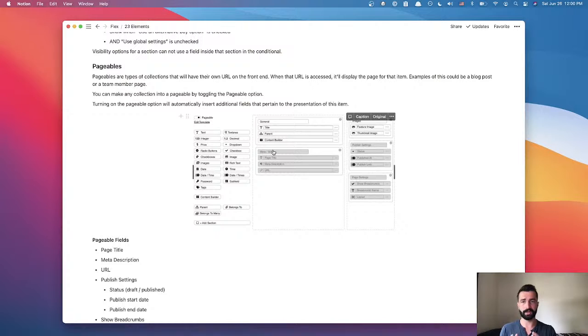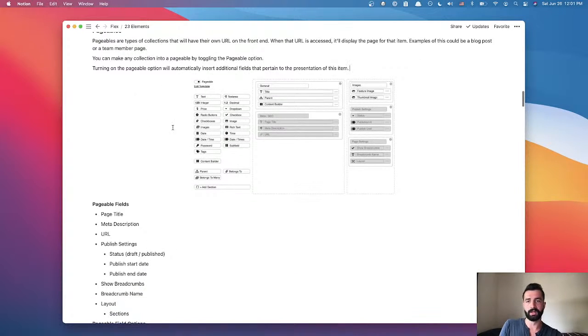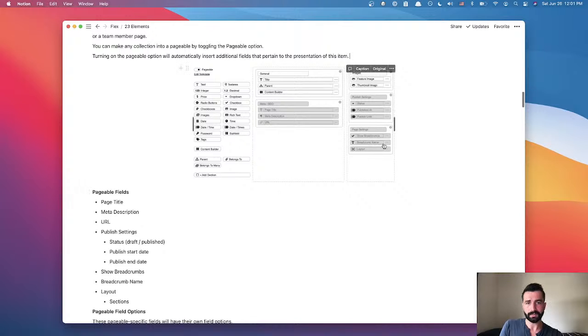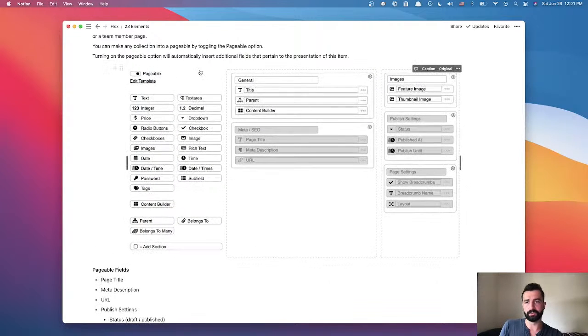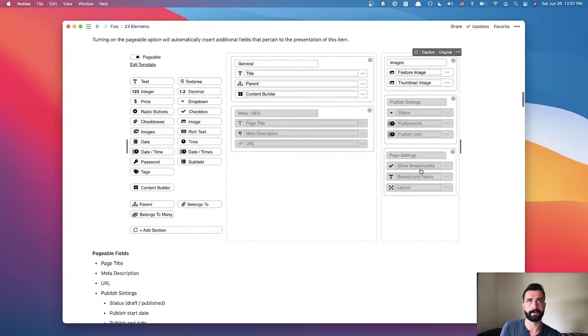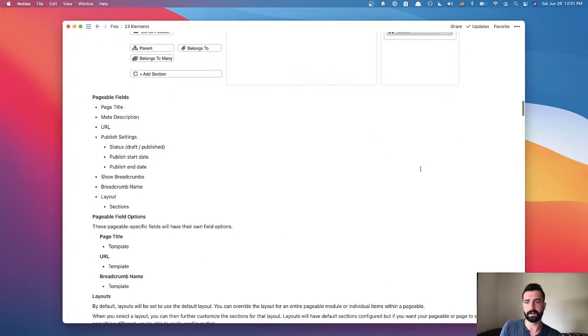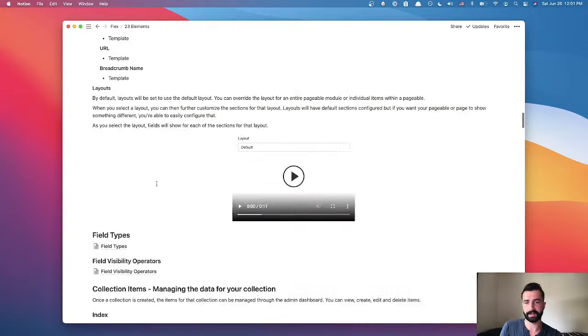Essentially, each entity in the collection is going to have its own page on the front end. That's why I'm calling them pageables. I might have to figure out a better name for that, but I'm just calling it that for now. When you toggle this pageable feature, we're going to have some additional fields that show up that are related to it. It just lists out some of the fields that we're going to have.